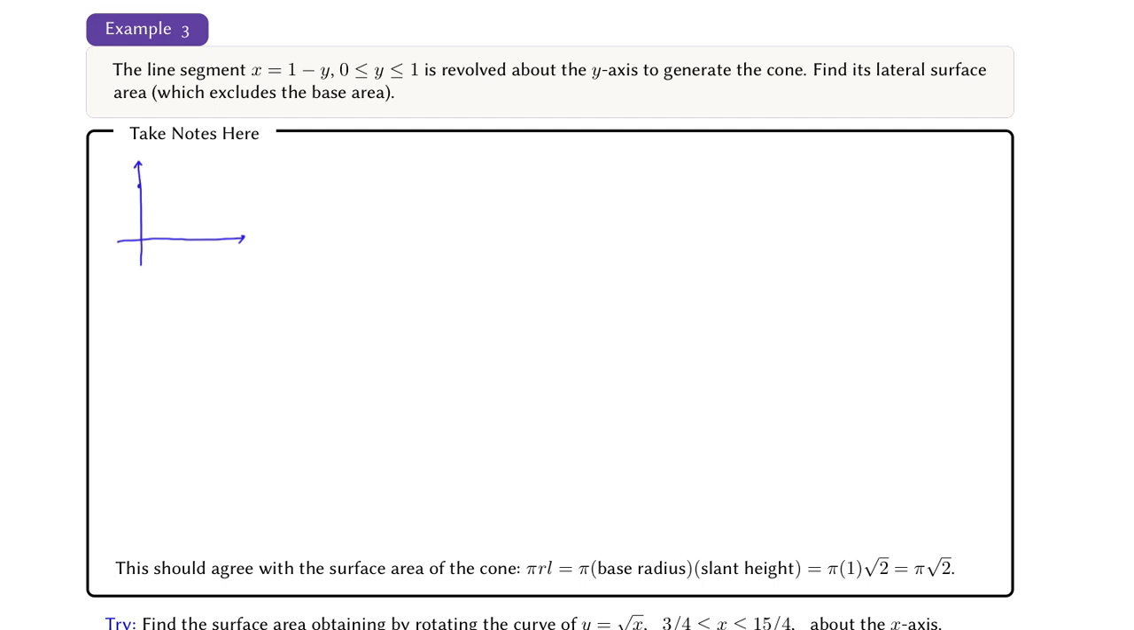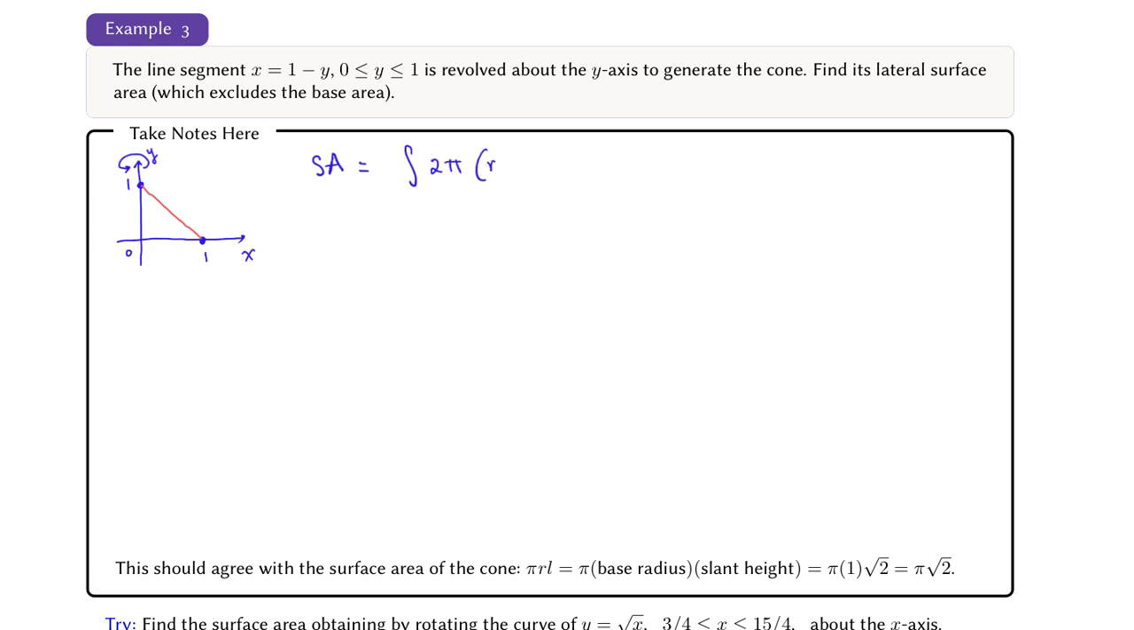First, we graph the curve x equals 1 minus y. The y-intercept is 1 and the x-intercept is 1. We only need the part of the graph where y is between 0 and 1. We then rotate the line segment about the y-axis to form a surface, and we're looking for the area of